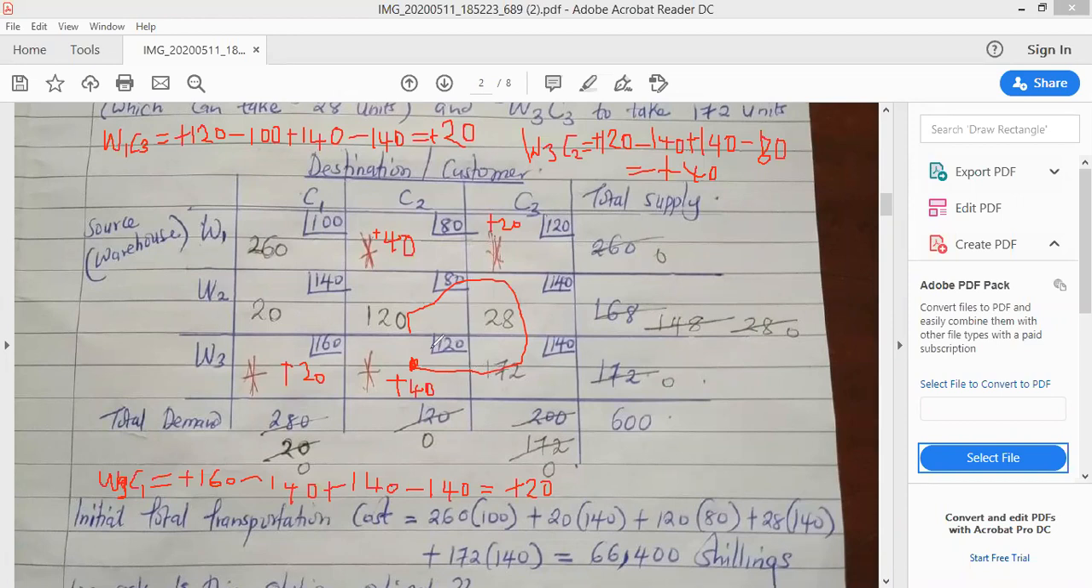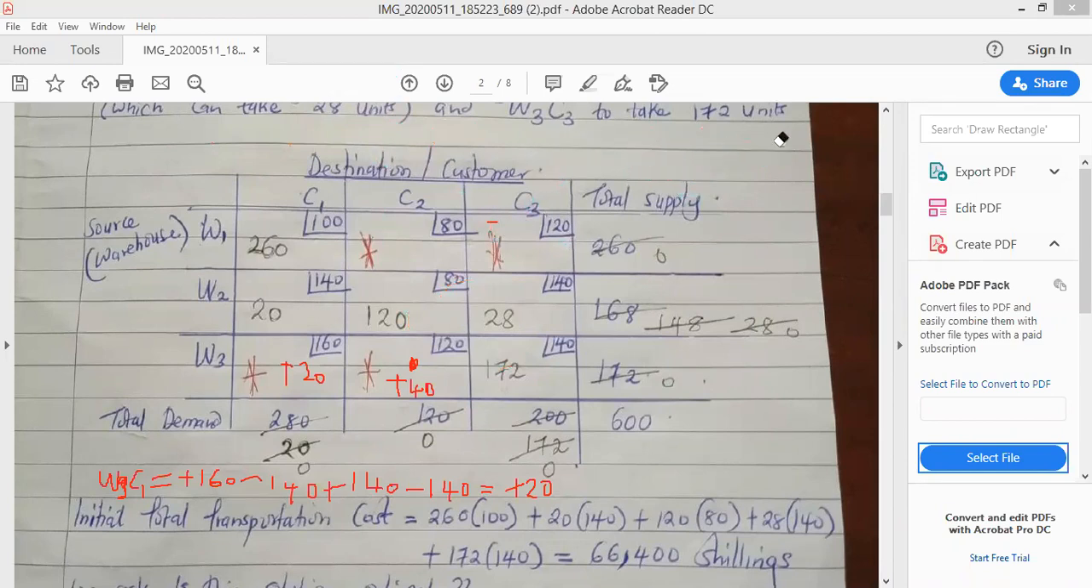For us here, this result is already optimal, in that from our calculations, we have all the shadow prices being positive, and so it means there's no other better allocation, and thus the figure of shillings 66,400 would actually be the best solution we'll give to this particular problem. Before we move to the next problem,